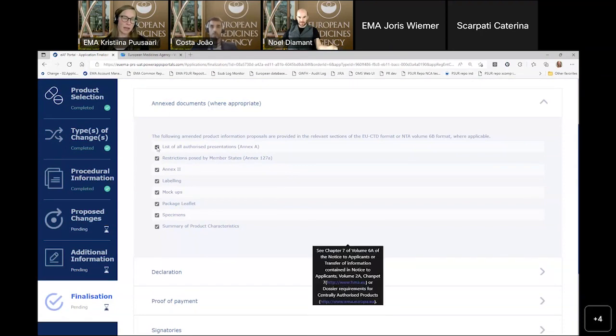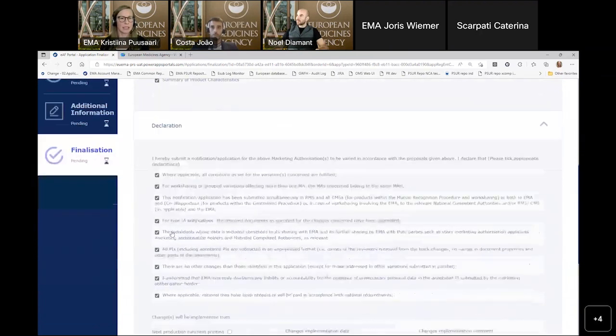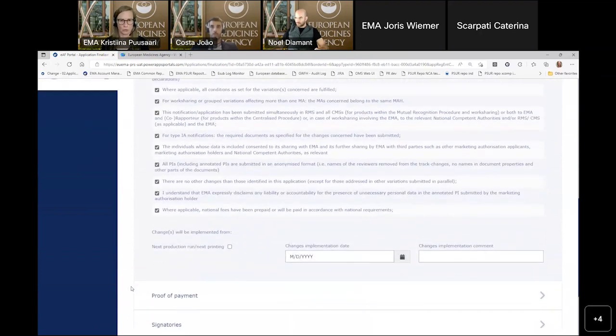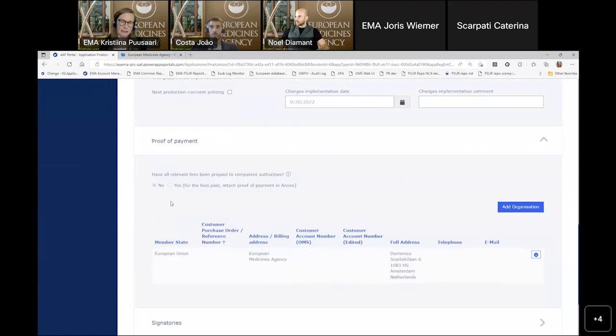So here we have the list of annexed documents, which will of course not be auto-ticked. This is a defect that's causing these to be ticked already. Similarly, you have the declaration where you have all the options available. Again, not auto-ticked for you, but you will be selecting them yourself. You will then choose an implementation date where the date will be in the correct format. For proof of payment, as this is a CAP product, we have defaulted it to no, and the MAH is here automatically because I have two